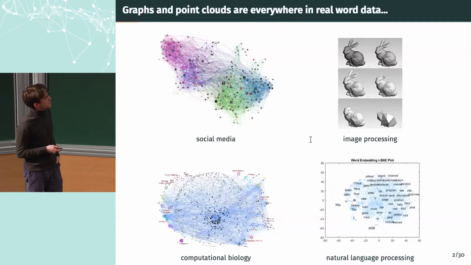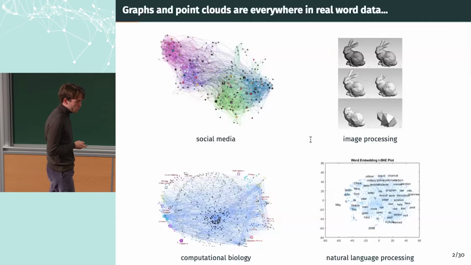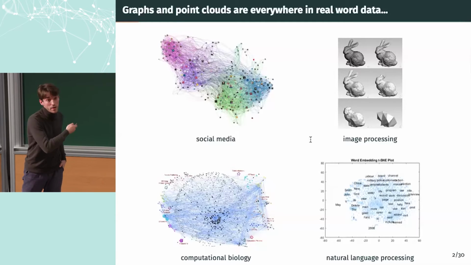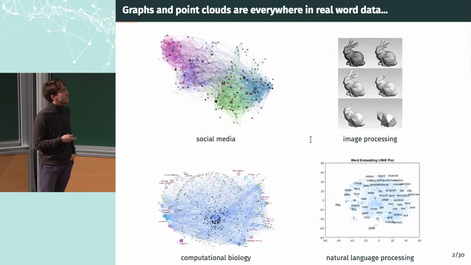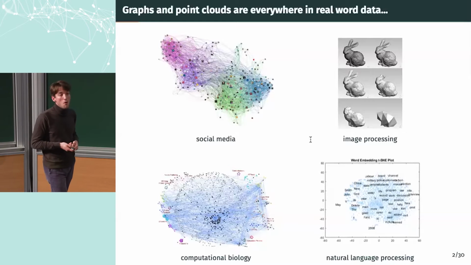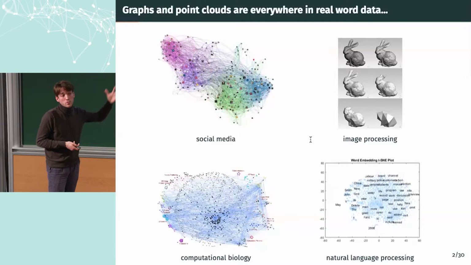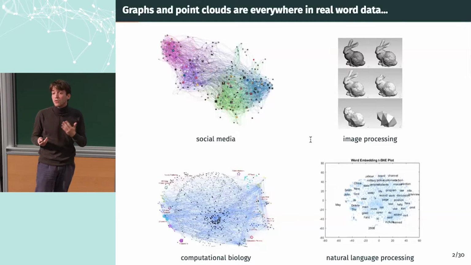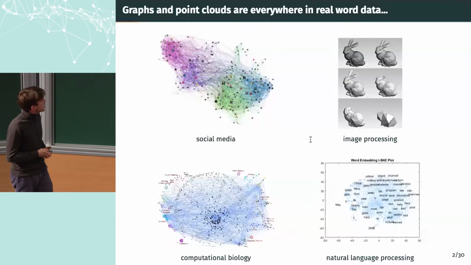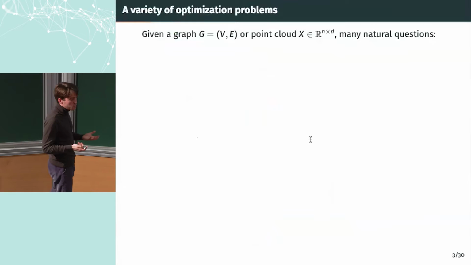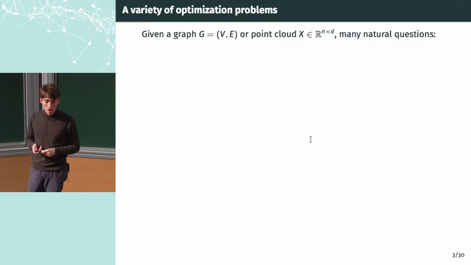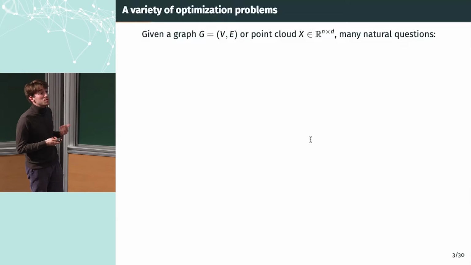in many deep learning approaches, one of the key steps is to embed your data, that can be complex, like an image or a word here, for instance. You embed a word in an R^d space and you represent it as a d-dimensional vector, right? So you can consider this as a graph or just a point cloud, putting edges that may encode, for instance, the distance between the embeddings. Okay, so on all of these objects, there are many natural questions that I will give a few examples of now, which can actually be phrased as optimization problems.